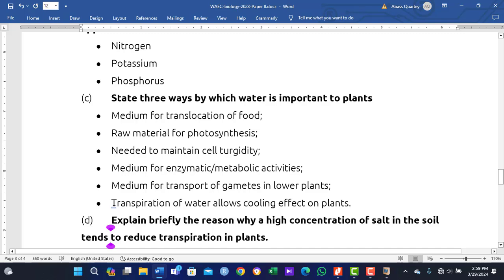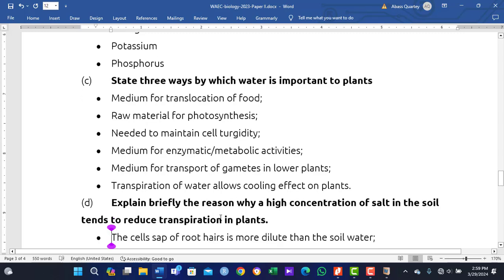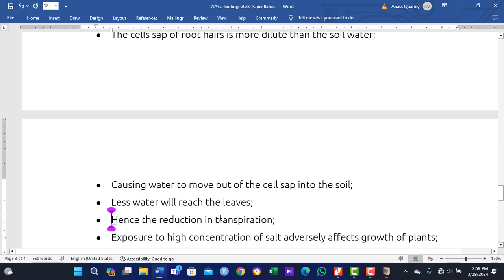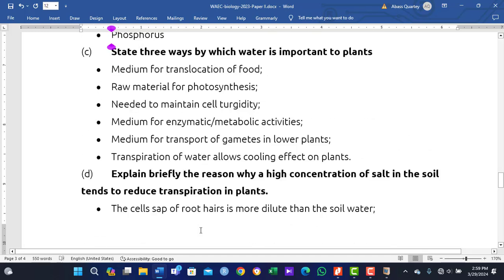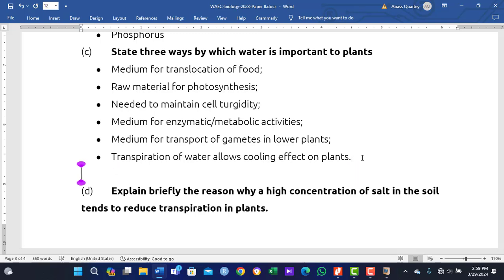Good. Then we move on to D. Just go back. D is here, the question. Let me drop D to the next page. All right. Okay. So we have explained briefly the reason why a high concentration of salt in the soil tends